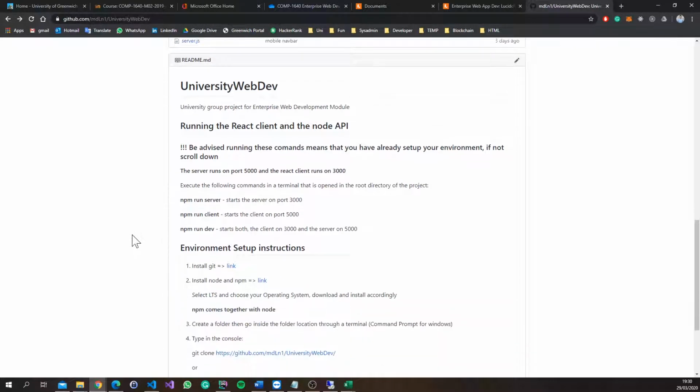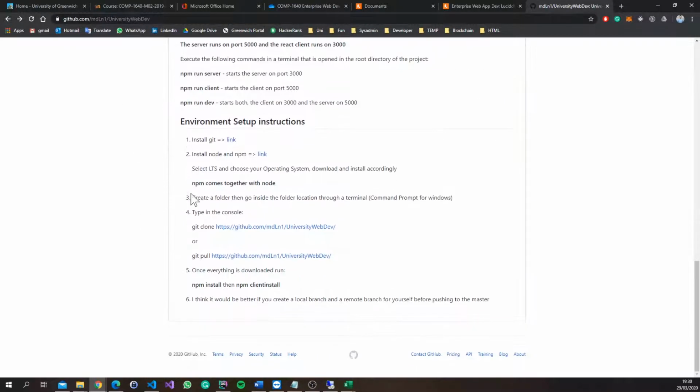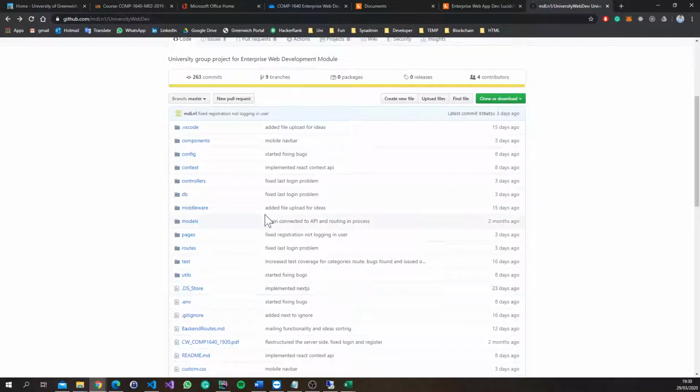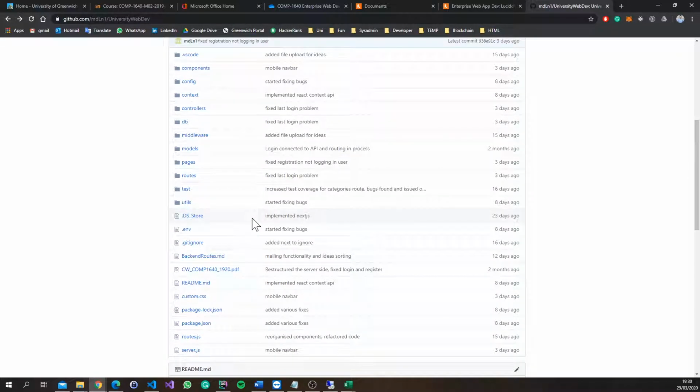he did an amazing job configuring the README files, providing some instructions, and creating a clear folder structure for the application. It's a MERN stack, and there are some important folders here that I will briefly discuss. The most important thing that I want to explain is the way this server runs. There is a server.js file, which is the one that's being run when running the application, and then it enables